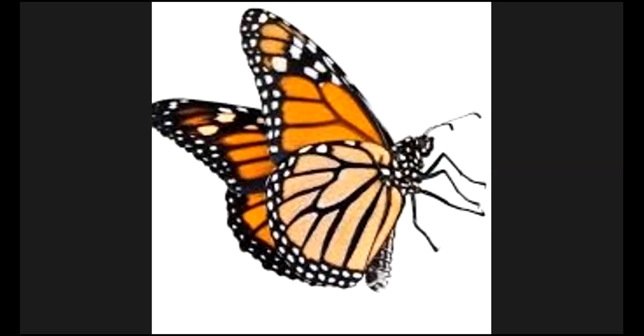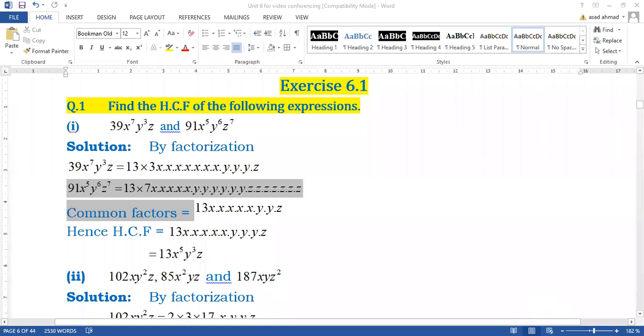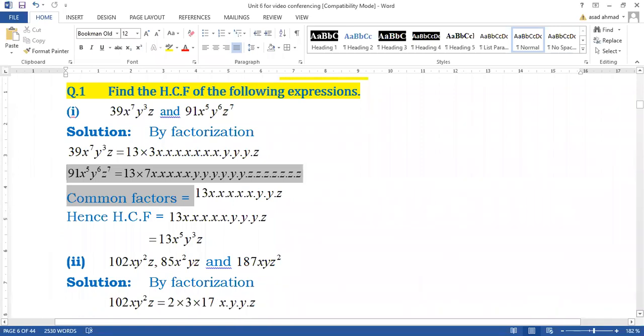Now I would like to give you some other examples as parts of the exercise. So in this first part, in which we have to find the HCF of the expression, if you have very simple expressions like